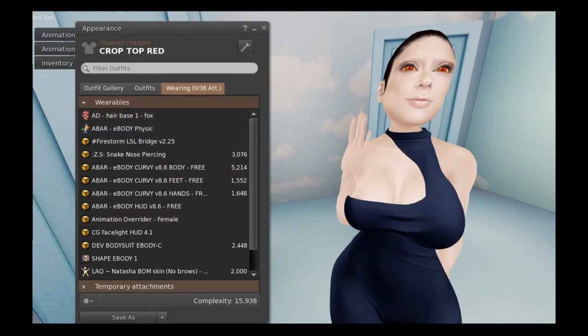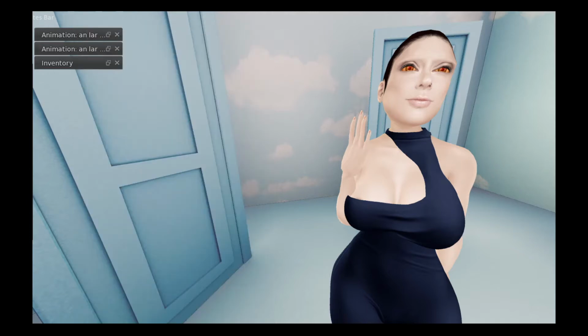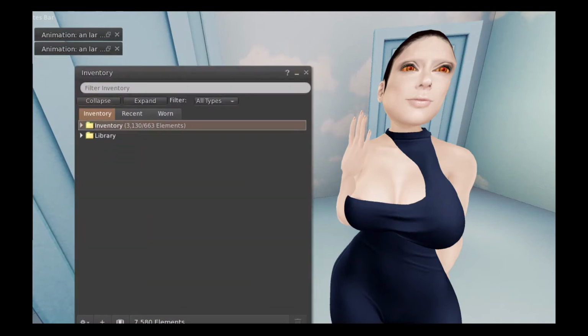I will leave the hair base on, and I'm going to leave the nose piercing on because I happen to like it and sometimes I forget to add it if I don't leave it on. Okay, good. Everything is off. That's her system face you're looking at there. Let's go ahead and locate